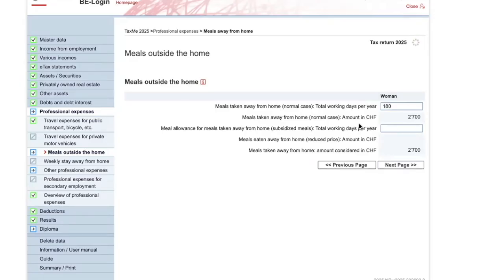Again, there are two categories here. You can fill in normal meals or meals from subsidized sources. So if you're a university student with access to a subsidized meal at your university, you can enter that in the section below, right? If you don't, if you're eating just like anybody else, then you enter the normal case above. So once you've entered this,